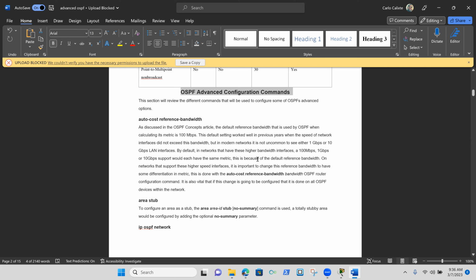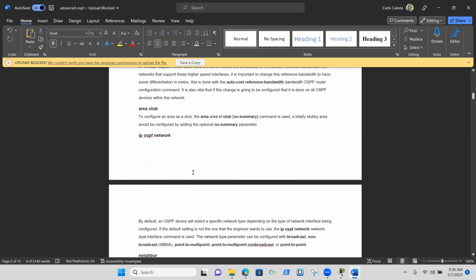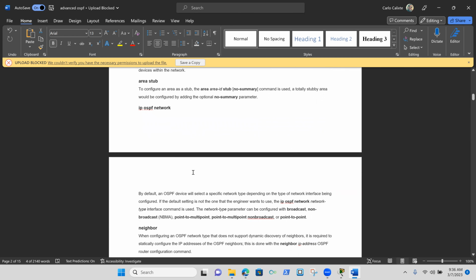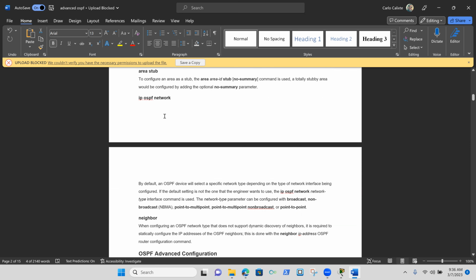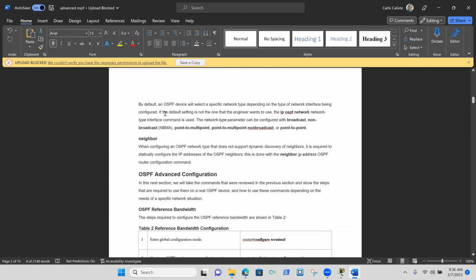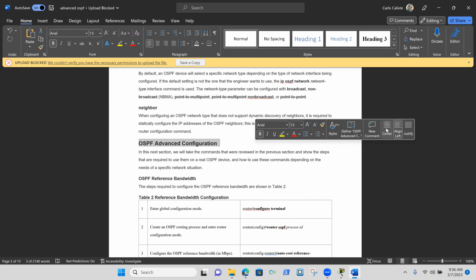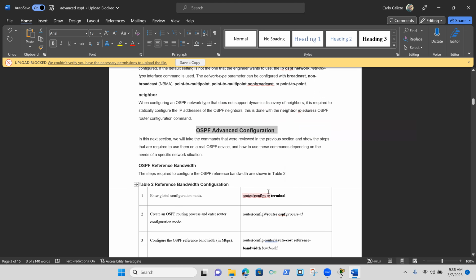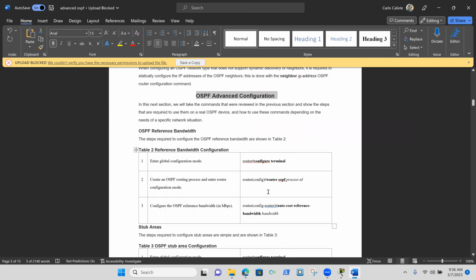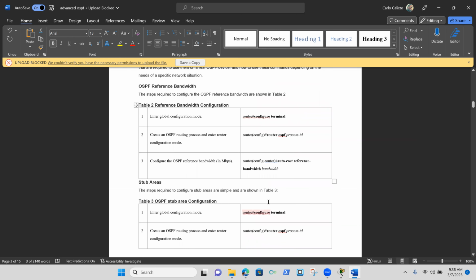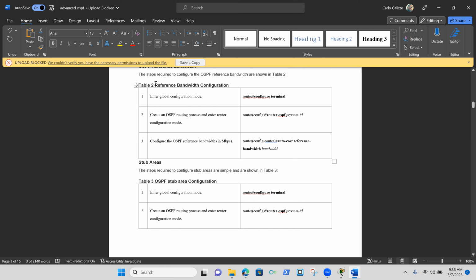That is because of the default reference bandwidth on the network that supports these higher speed interfaces. So you could look at them yourself. Area stub IP OSPF network. So, OSPF advanced configuration with these. We prepared different commands just to show you how to